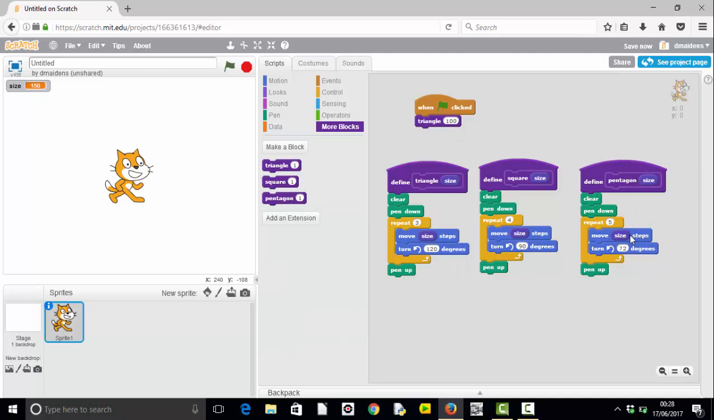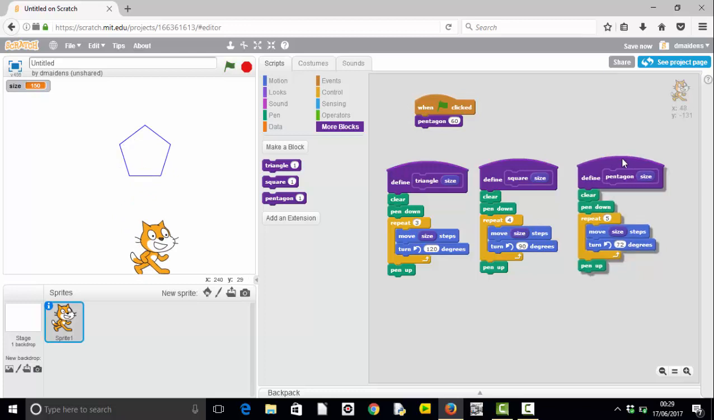And I've now got a pentagon block, so let's see if our pentagon block works. Do this as size, say 60, and there's our pentagon. Excellent. So what we've got here now are 3 shapes being drawn using the features of the loop to repeat,